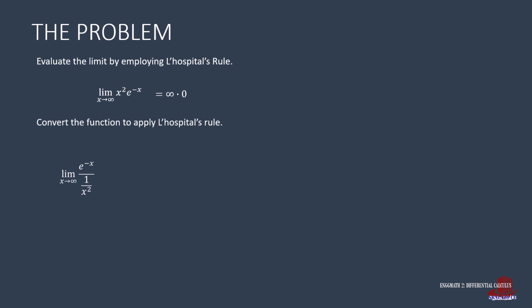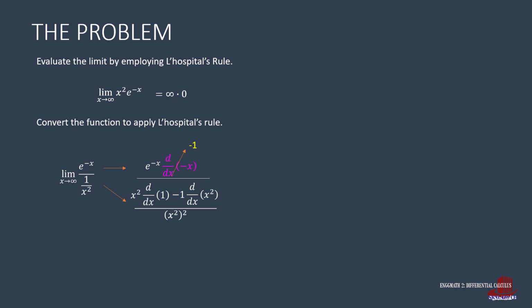Differentiate each function. From the numerator, the derivative of e raised to negative x is e raised to negative x. Then through chain rule, attach d over dx of negative x. From the denominator, the derivative starts with the square of x squared. Then apply low d high minus high d low. So the first term is x squared times the derivative of 1. The second term is minus 1 times the derivative of x squared.